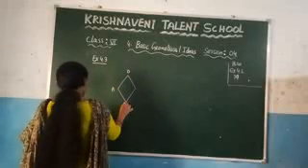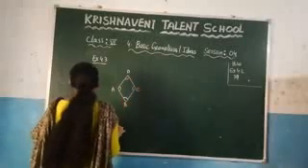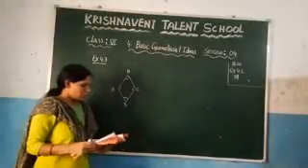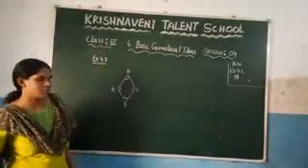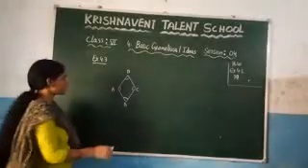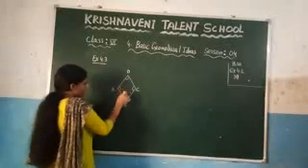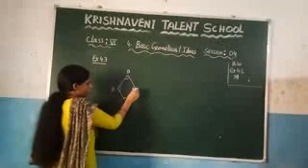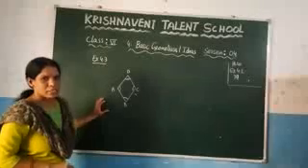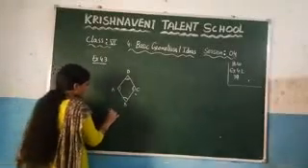B. Here, name the angles formed in the figure. Here they ask to write the angles that are formed in this figure. So you just need to write the angles here. What are the angles that are formed here? You can observe that if two rays meet, here one angle will be formed, and here one more angle is there, and here one more angle, and here one more angle. So just write what are the angles that are formed in this figure.